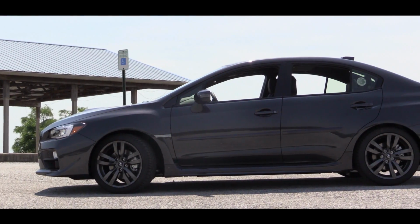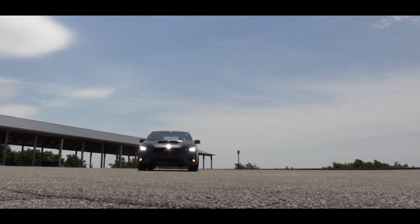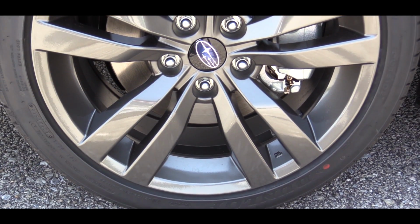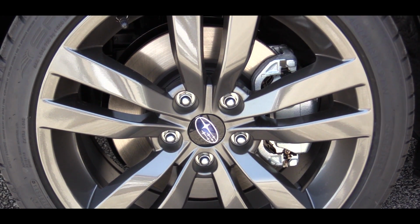And then heading around to the side, mirrors are going to be body colored. And on the limited trim, they are going to get integrated turn signals as well. Like I previously just touched on the wheels there, the base WRX is going to get 17 by 8-inch alloy wheels. And if you jump up to the premium or the limited, that's going to up that to 18 by 8.5-inch wheels. And that of course is going to come with that double 5-spoke design you're looking at there in